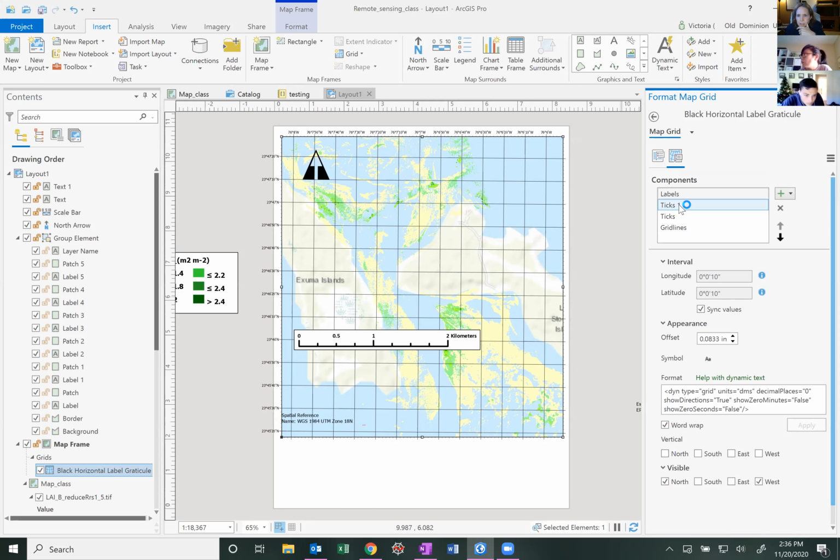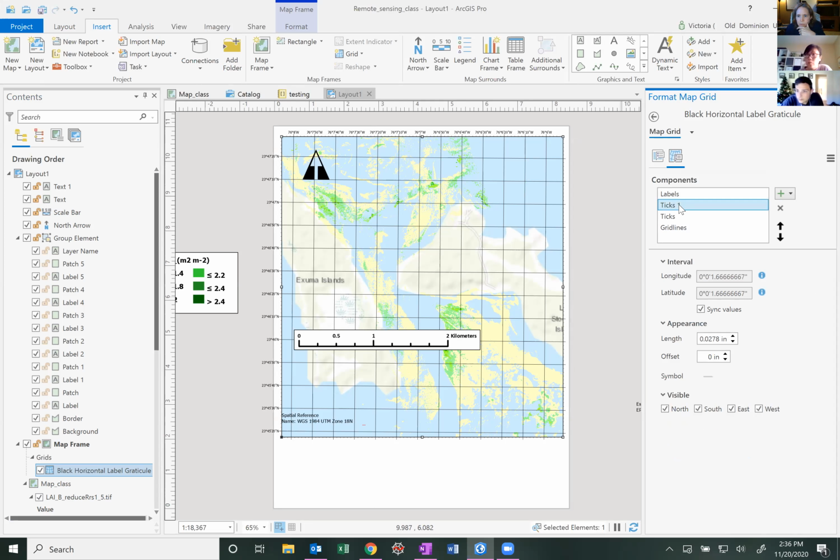If you go to ticks, you can change the interval that you want. So I don't really want ticks this frequently. You see ticks. Okay, so ticks 1, I think, are the small ticks, and I think ticks is the major ticks. So if I,